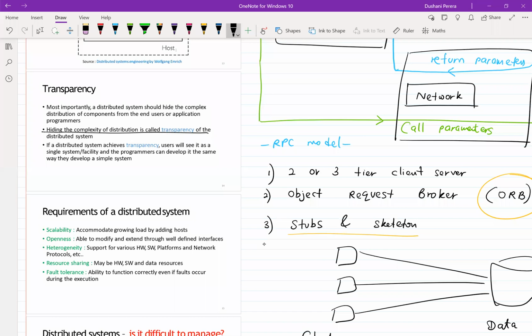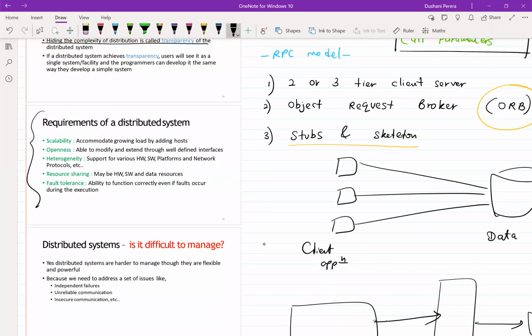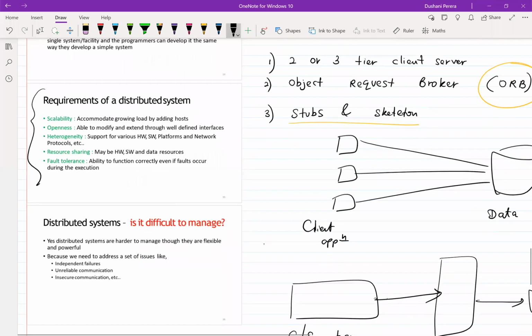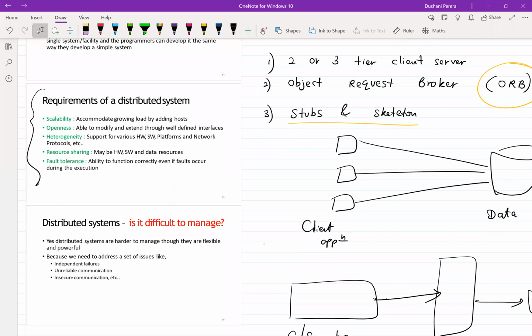Then we have requirements of a distributed system. In the next lecture, we will be talking about this in a broad manner. So, scalability: it needs to be able to handle a load, and even when you add devices, that scalability should be